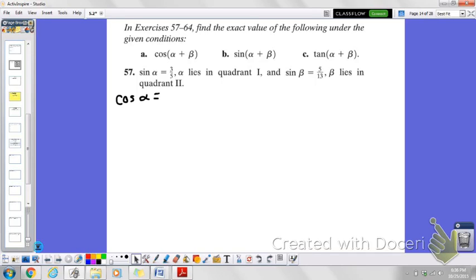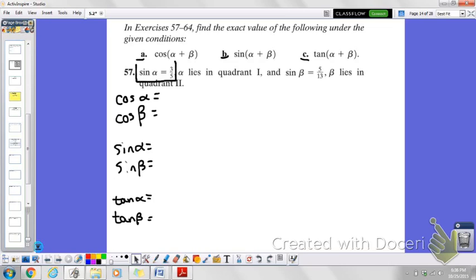and the cosine of beta, the sine of alpha, the sine of beta, and the tangent of alpha and the tangent of beta. Once we know all of these, we'll be able to use our sum and difference formulas to find A, B, and C. So to find cosine alpha and beta, sine alpha and beta, tangent alpha and beta, we're going to have to use something we learned from the last chapter, and we're going to have to observe or look at